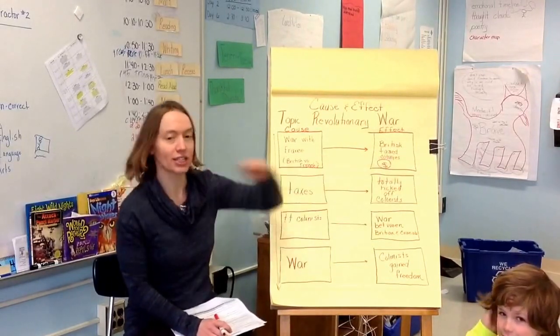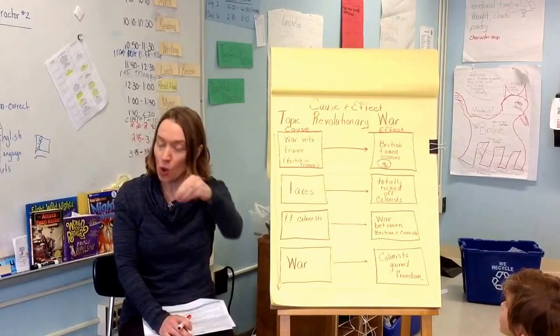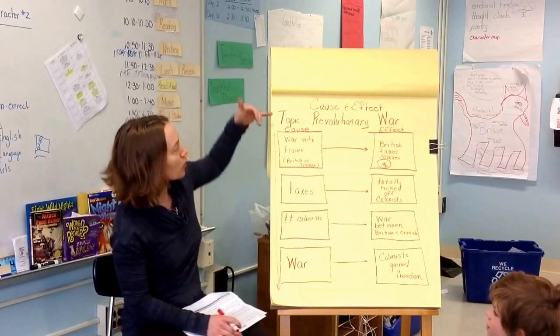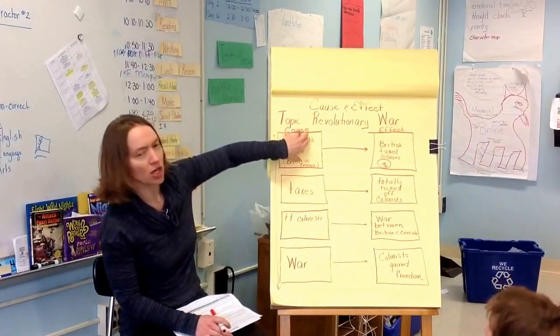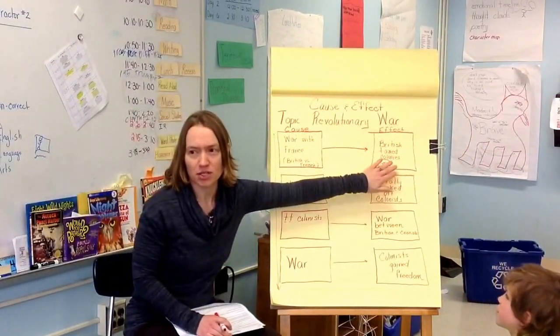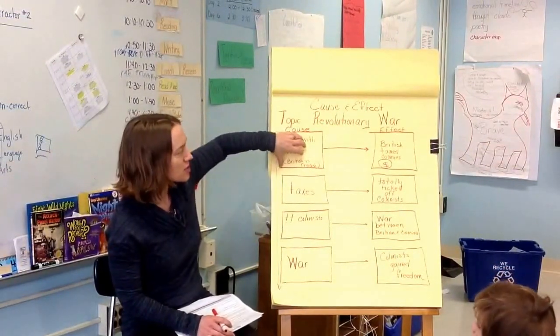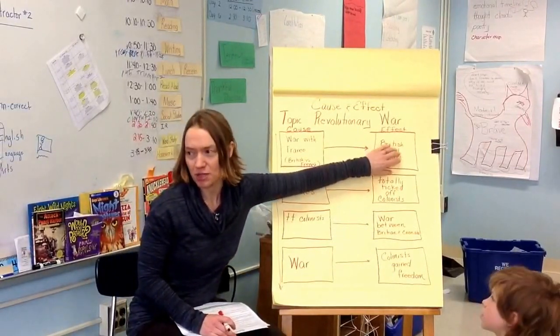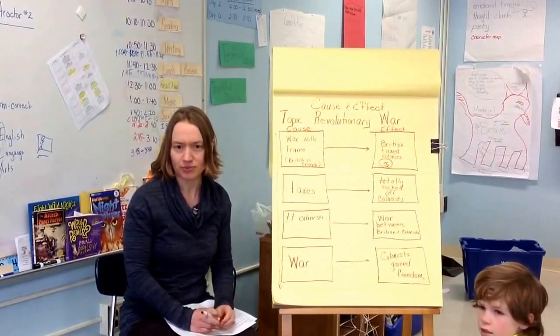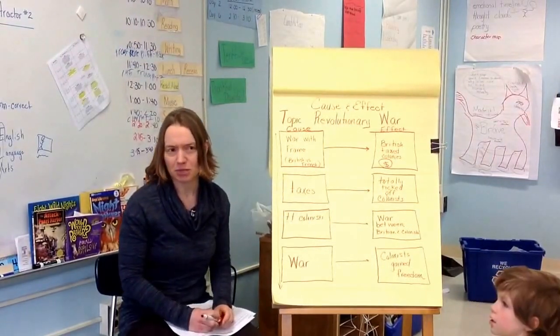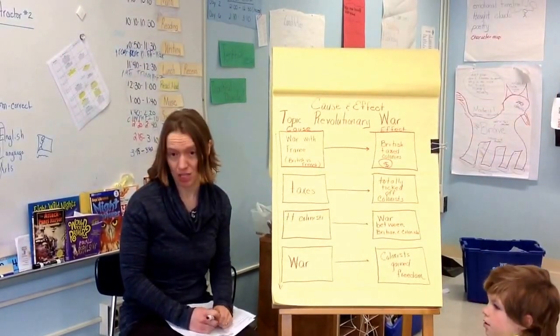So cause and effect. This is what you're doing with your topic. You're going to write your topic at the top of your writing page, and you're going to come up with a cause and what the effect was. Something happens to make something else be the effect. Who already has an idea of what they're going to do? All right, well, here's the best part. You guys get to work in your teams.